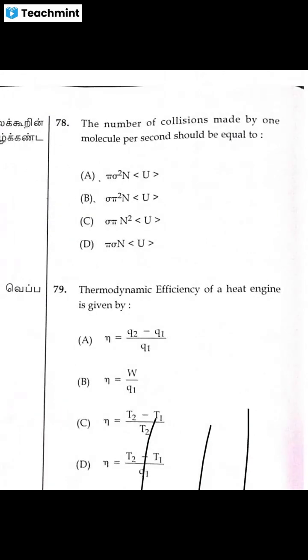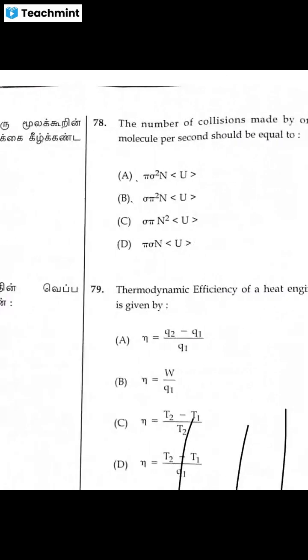Then the number of collisions per molecule. So this is also a direct problem with a direct formula, that is the number of collisions, pi sigma square n into u. Then next,